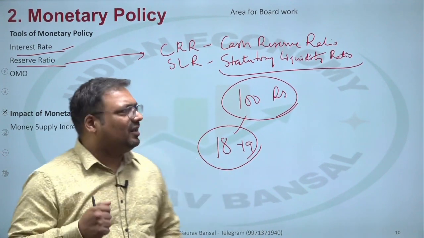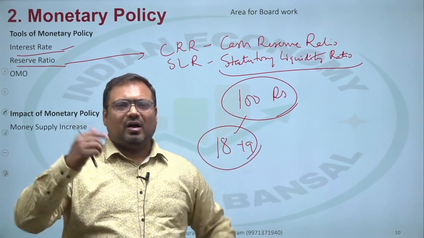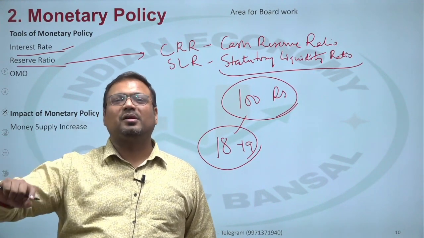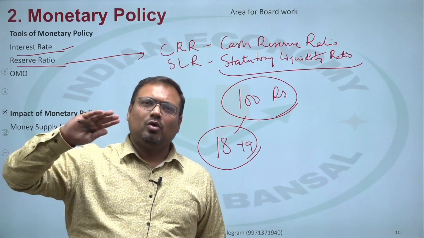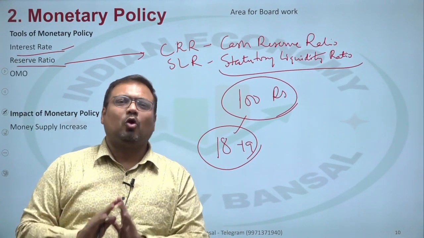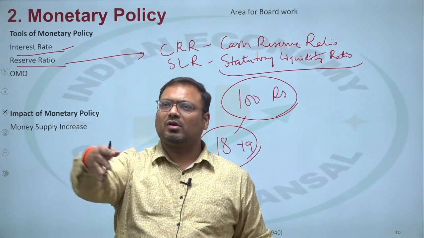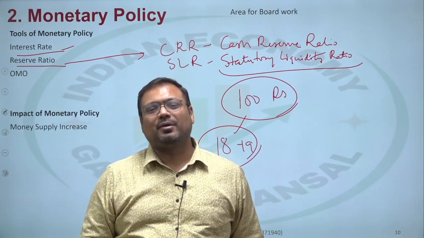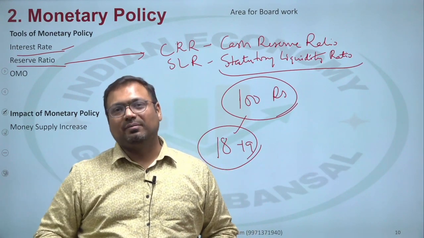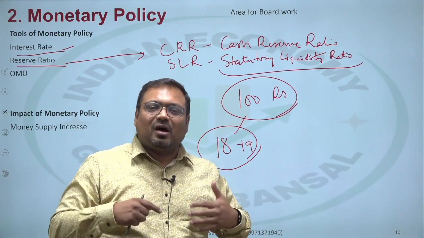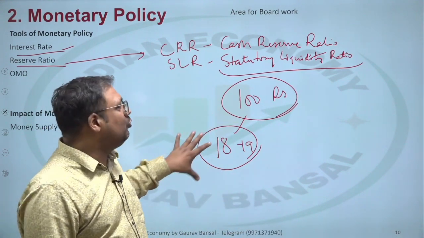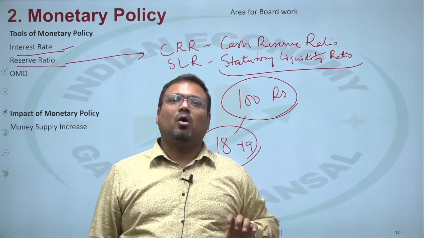For example, the bank has given loans. I have taken a home loan from the bank. The bank cannot come to me and say, sir, we are in emergency need, so the home loan you took for 20 years, give all of it back today. This can't happen. So the bank can't ask people to pay their loans immediately. So when the bank is in emergency need for money, it can sell those bonds. So the bank has to keep some money as bonds.